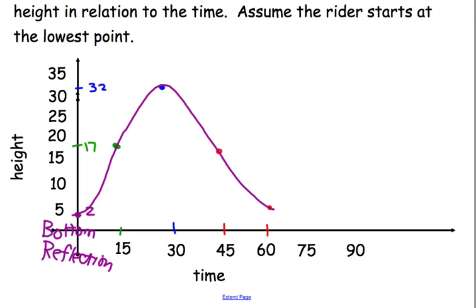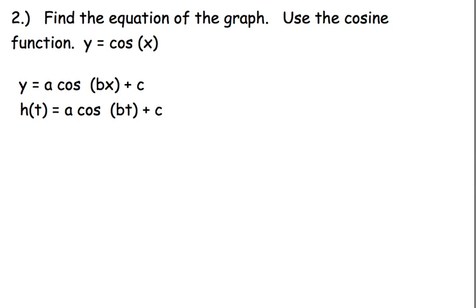All right. So let's go to the next slide. Find the equation of the graph using the cosine function. So here is the cosine function equation, and I just changed it to h of t, height and time. So let's find the amplitude first, like we did in the last problem. To find the amplitude,